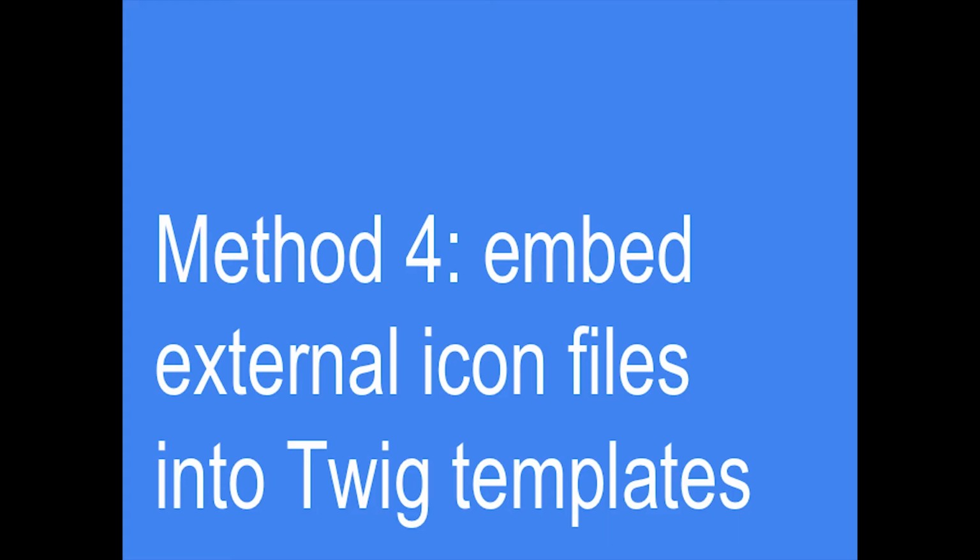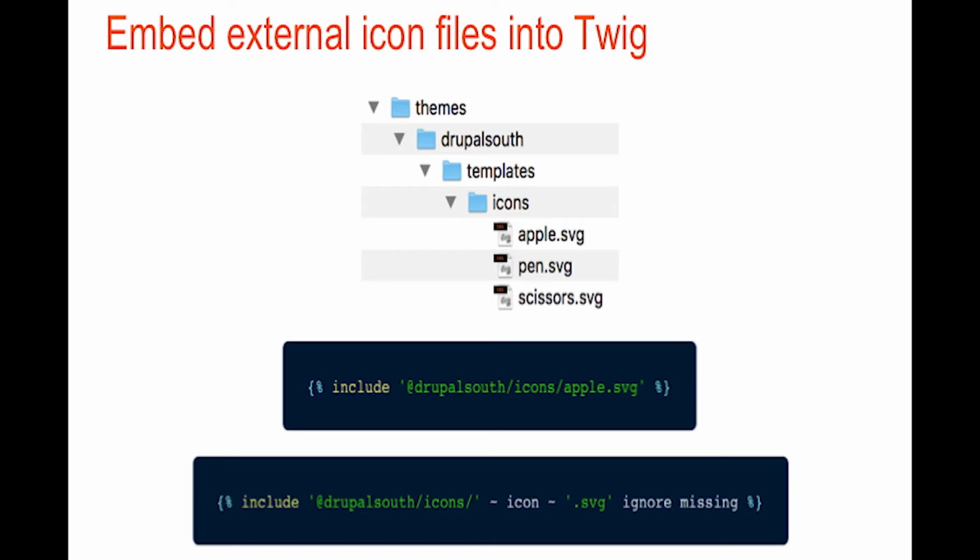The final method I want to look at today is embedding external icon files into Twig templates. An approach I like to use is to create a folder in my templates directory in my theme where I put all of the SVG icons. Here I've got a few icons in a DrupalSouth theme folder. The first line of code is showing we're using the include statement from Twig to render one of those icons